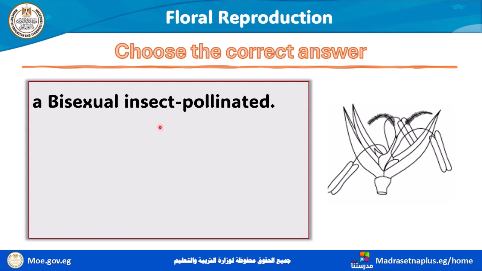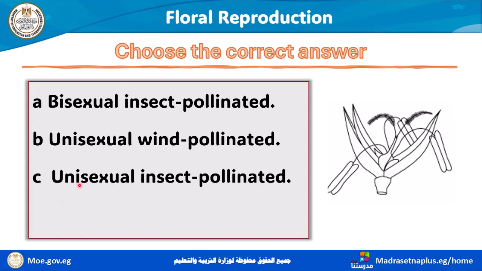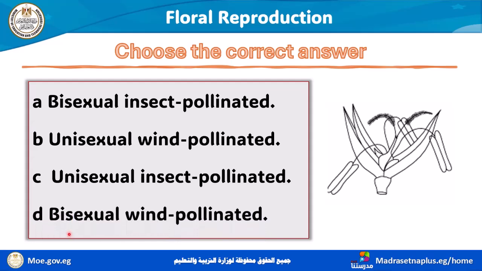Bisexual, insect pollinated. Unisexual, wind pollinated. Unisexual, insect pollinated. Bisexual, wind pollinated. Let's try to study this figure